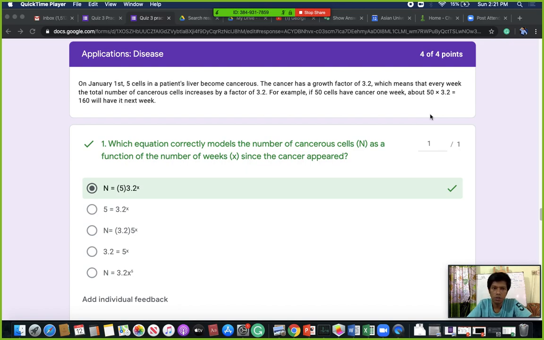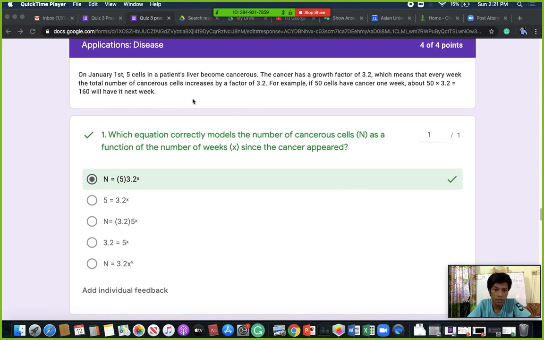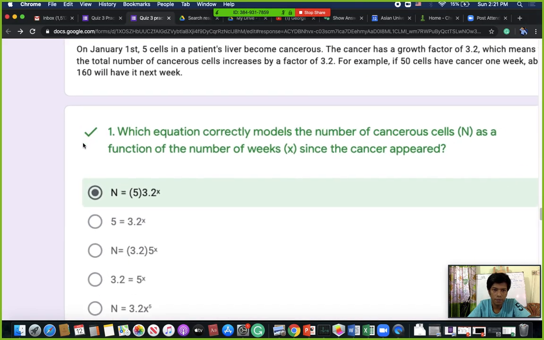Hello everyone. So this is another one from application math from your last practice quiz. So let's discuss this math now. According to this math, if you look at the question,